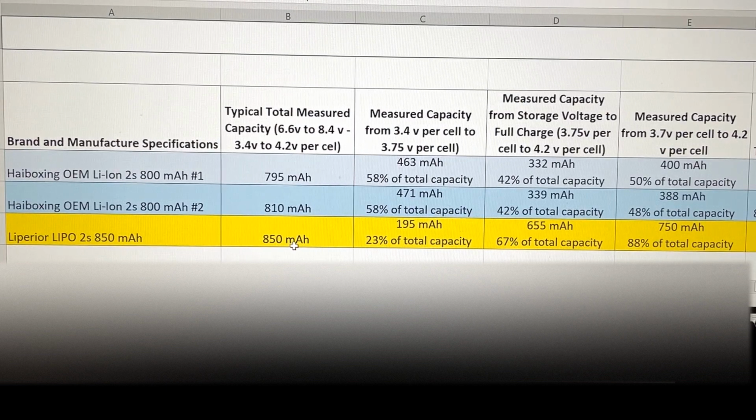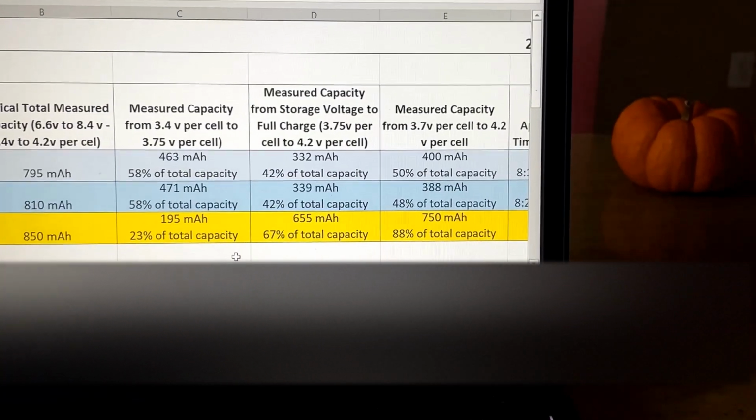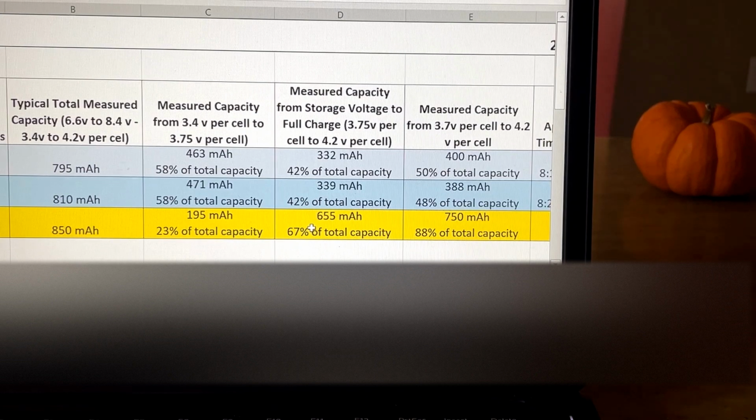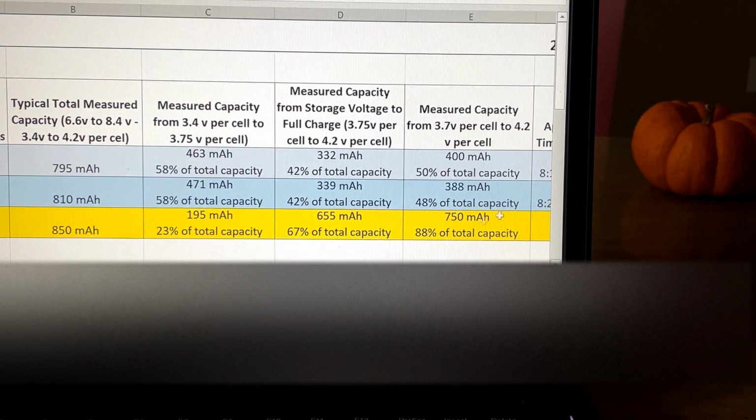Now, the Liperior battery was right around its rated 850 milliamp hours. Now, the capacity from 3.4 volts up to storage voltage of 3.75 volts, as you can see, the stock Li-ion battery had much less capacity from storage voltage to a full charge than the Liperior battery did. And the difference is much more pronounced when you look at 3.7 volts up to 4.2 volts. The Liperior had 88% of its total charge in that higher voltage range, whereas the Li-ion batteries only had about